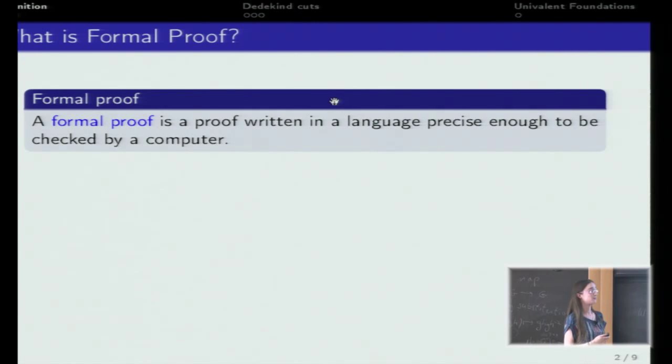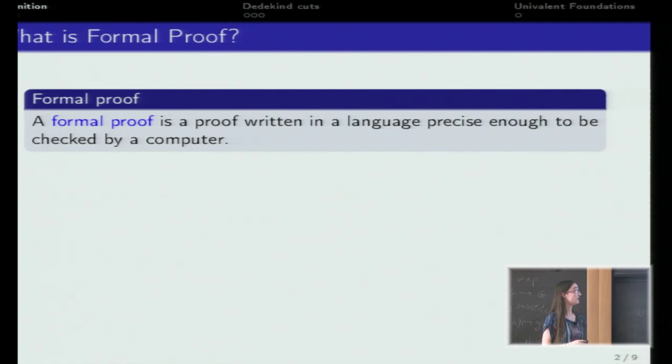To begin, I will use formal proofs to formalize my new real numbers, and a formal proof is a mathematical proof written using a simple language, precise enough to be